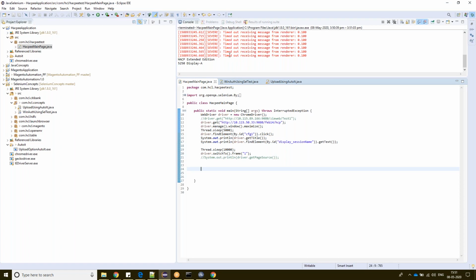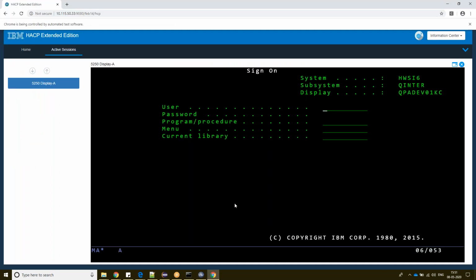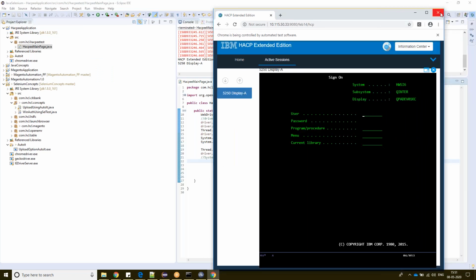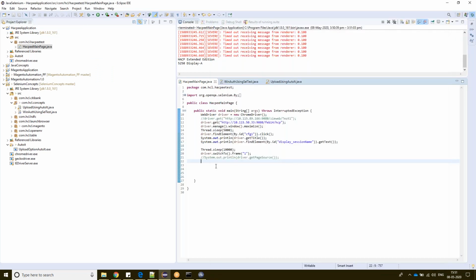Switch to frame is there actually after get text. Yes, I added it. There is no action class. Just create an object for action class and use the same. Okay, go to that page. Type something on your keyboard. Do you need to click and then type, or can you directly type? No, directly I can type. You can add actions class, then it should work. Or Robot class, you can directly do it. Robot class object you can create and then